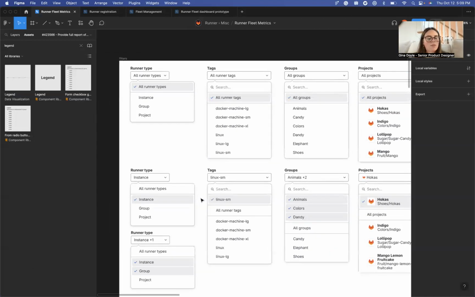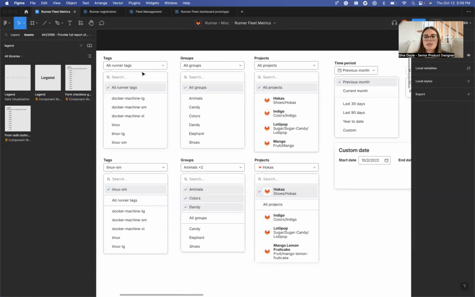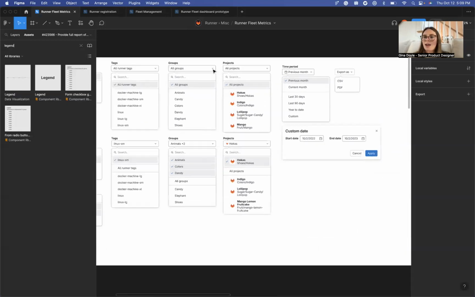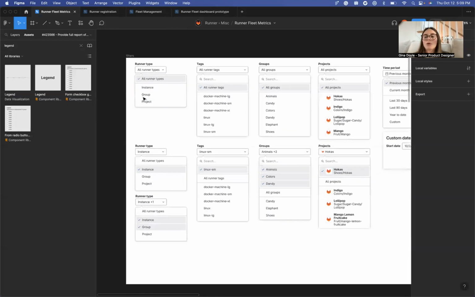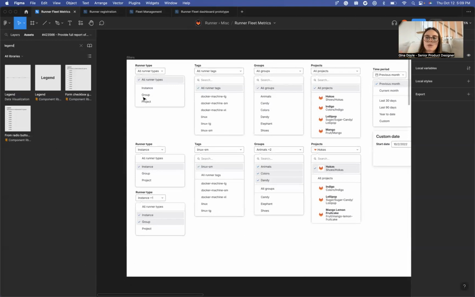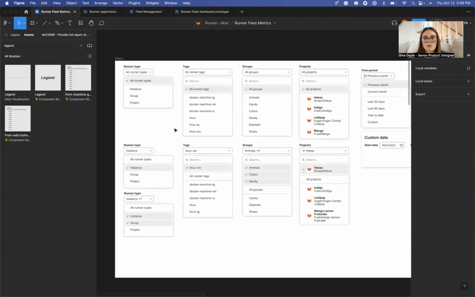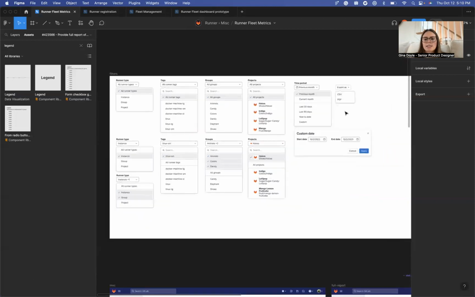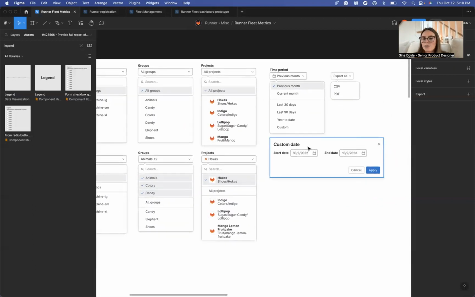And then finally, the runner type and the time period filters, I am not having work the same, because they both have a determined number of options and they're a small number of options. So I just wanted to know if that inconsistency makes it a confusing experience. Yeah. And then lastly, this custom date, I haven't 100% figured this out yet, but it is something that